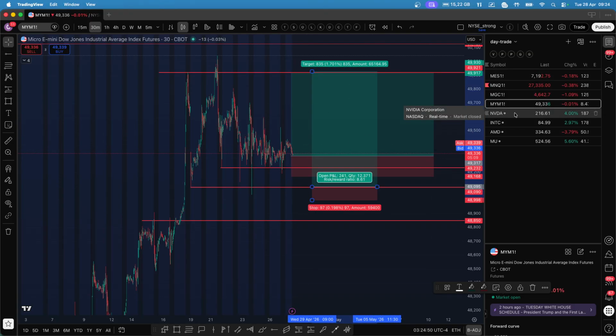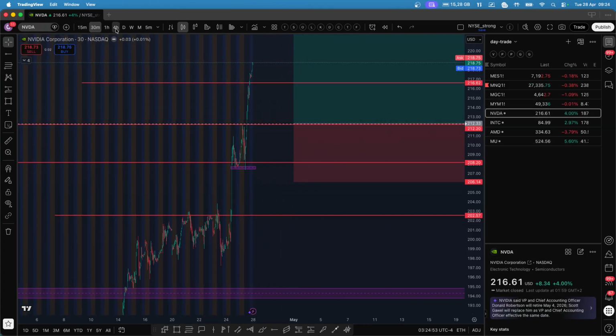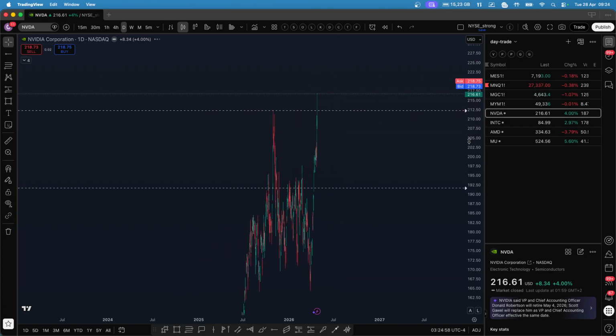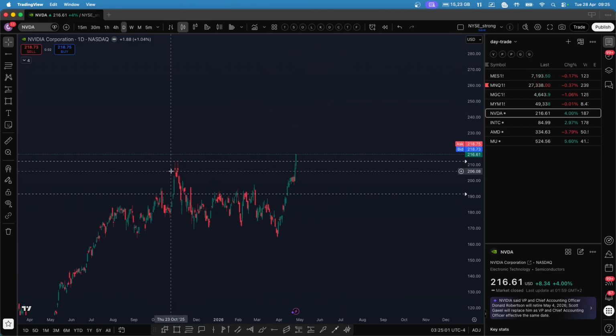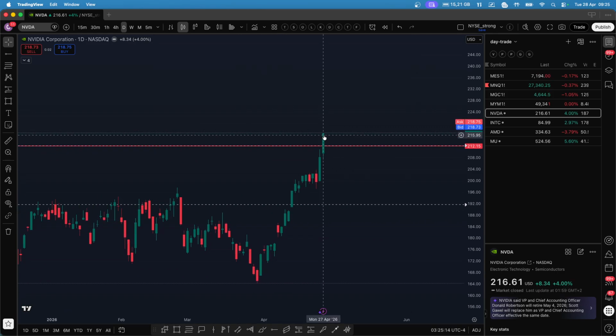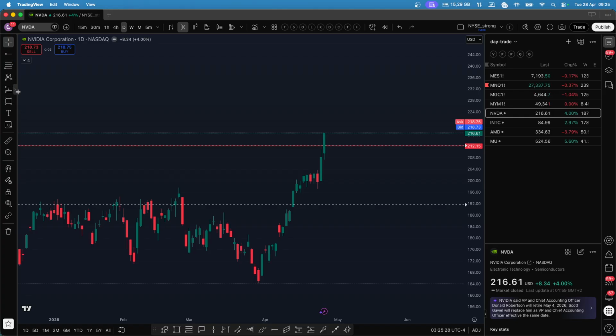Let's look at NVIDIA. Let me switch towards the daily time frame. Let me remove all the markings. So on a daily time frame, NVIDIA, we had a clean breakout. Yesterday had a clean breakout of all-time high. So this is the level of all-time high. And if you see yesterday's candle, it's a huge bullish bar. So this is a good bar, and any retest towards the all-time high, I think it could be an A plus setup, just keeping a small stop loss for a target of at least 220.